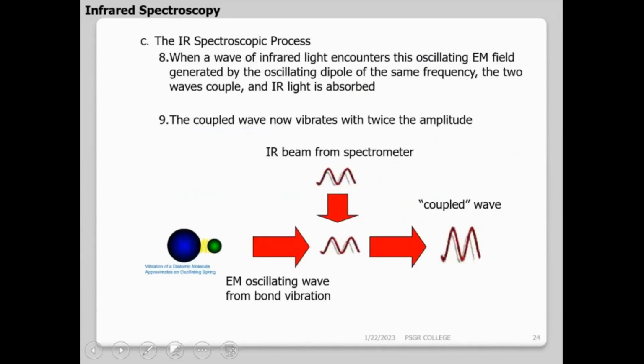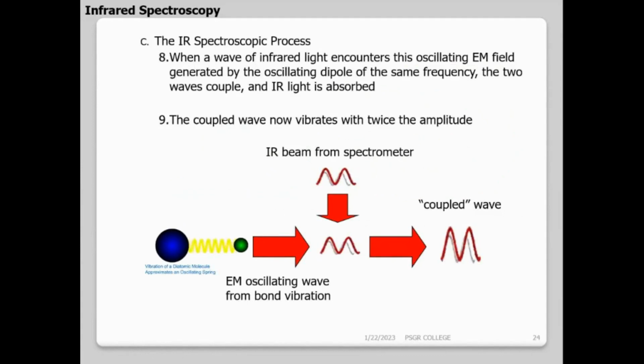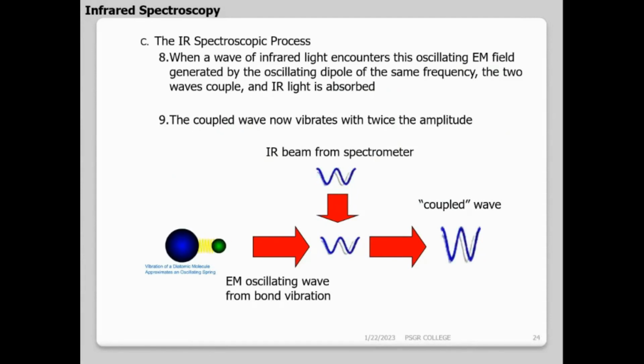So we'll go further. Okay, so what have we seen? Every bond, suppose a bond has a dipole, that oscillating dipole will create an electromagnetic field. We saw that in the first slide. And the strength of the field will depend upon how much dipole I have. So if I have greater dipole moment change, I'll have a greater oscillating field. Okay, now what I'm doing is giving an IR radiation from the instrument.